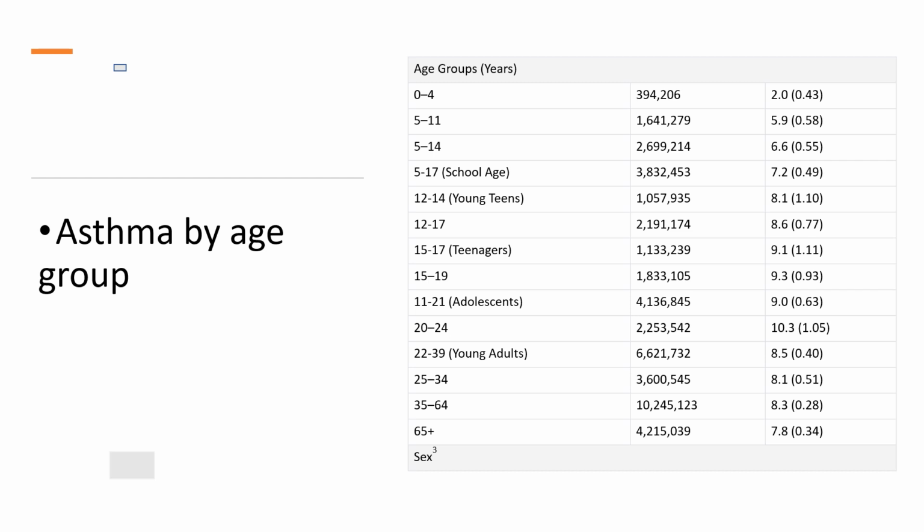It might be that 0 to 4 is low because it's underdiagnosed, and there may be a gamut of problems these patients have. Asthma may be one of many comorbidities that these young children have, especially if they're prematurely born, or they have low birth weight, or they had to be on mechanical ventilation at this point. So that's why that number may be underrepresented, unreported.